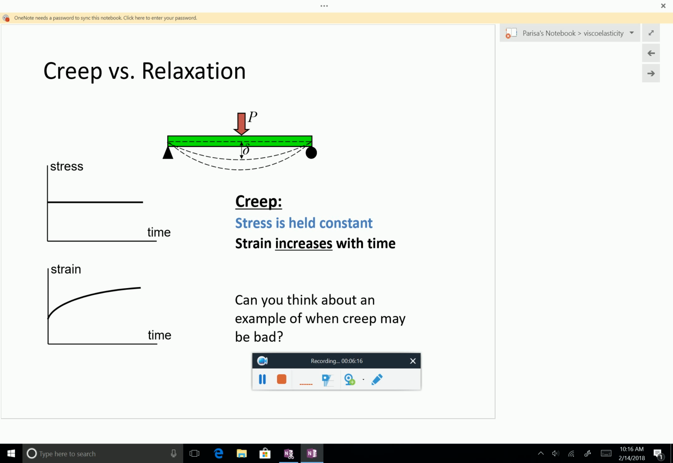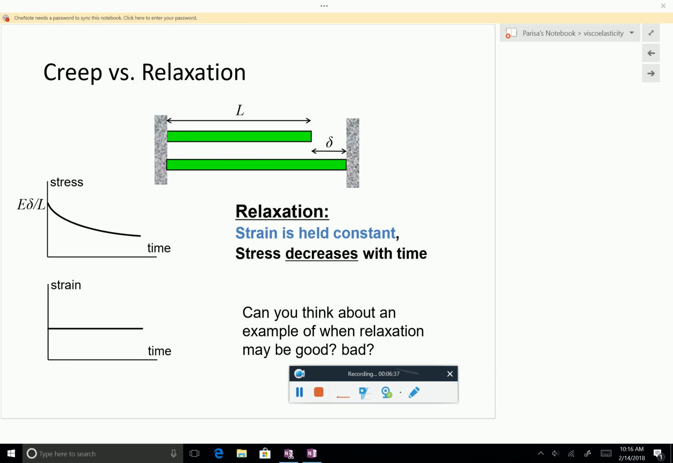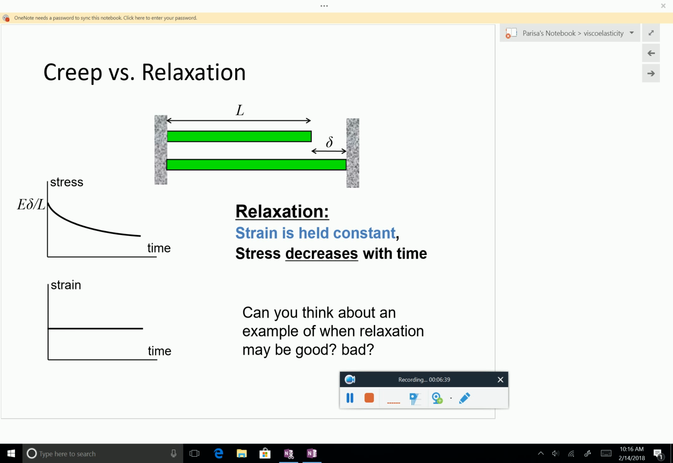You see some sort of a deformed shape, and we don't like creep. There is another phenomenon very similar to creep, which is called relaxation. This is the opposite. So in this case, look here, the strain is held constant. If you keep the strain constant,